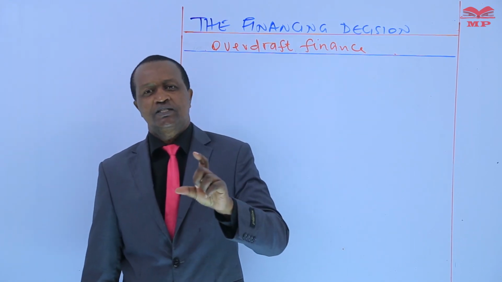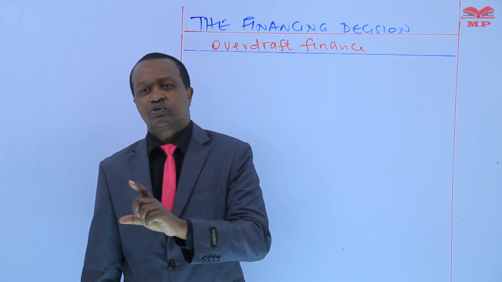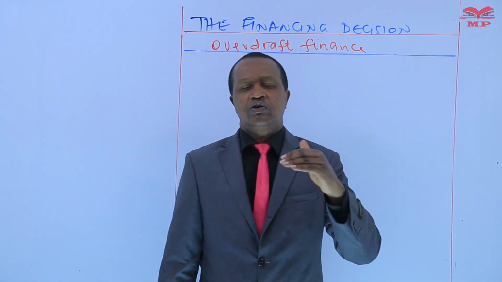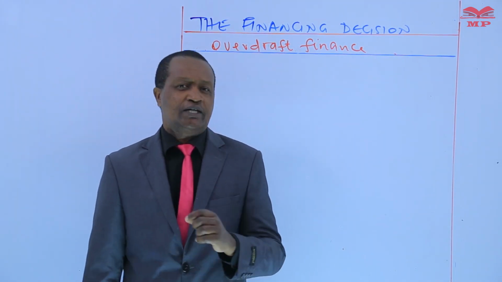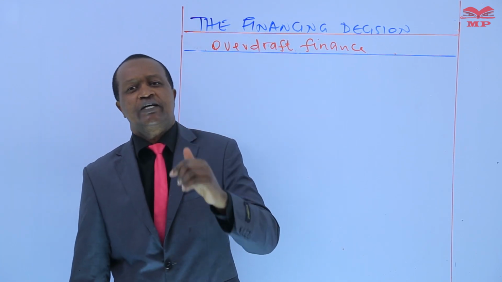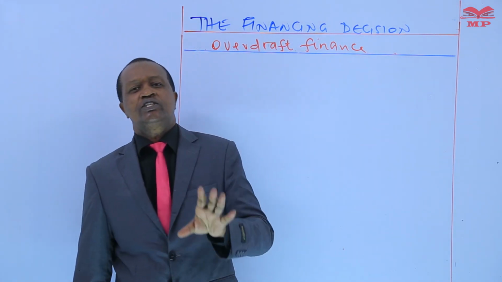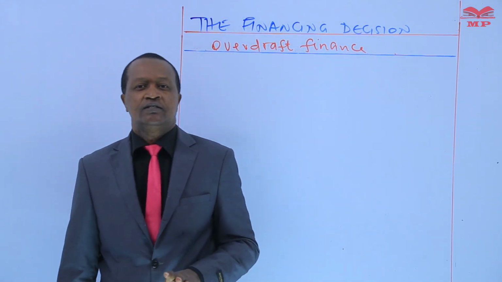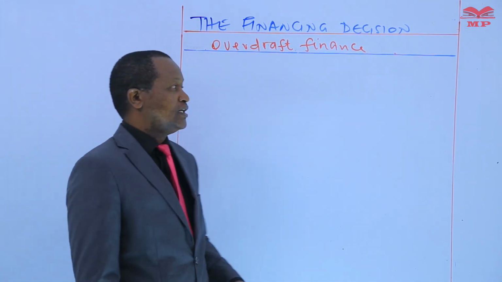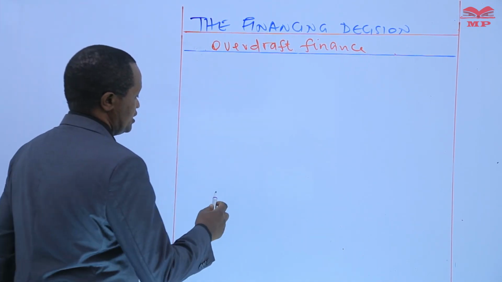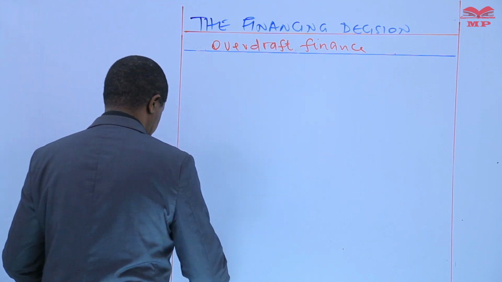An overdraft is an arrangement between the bank and the account holder where the bank allows the account holder to withdraw money in excess of what the account holder may hold in the bank. So it is a short-term source of finance that is commonly used by businesses to do what? To manage capital needs. It's a short-term source of finance, and we are going to highlight the